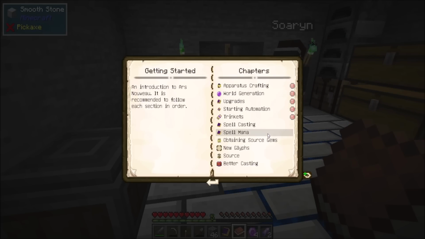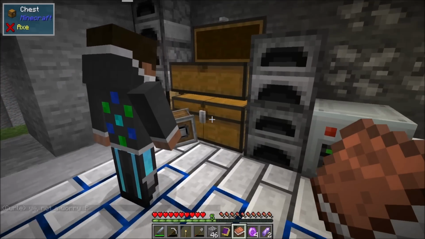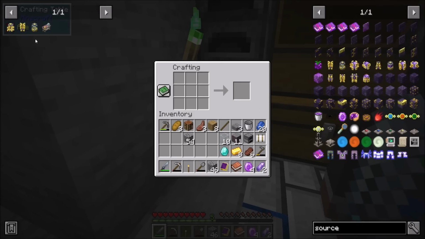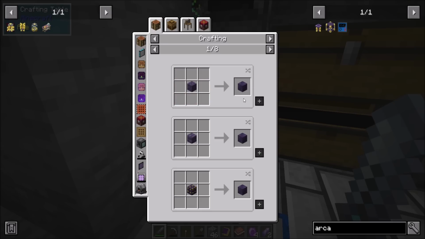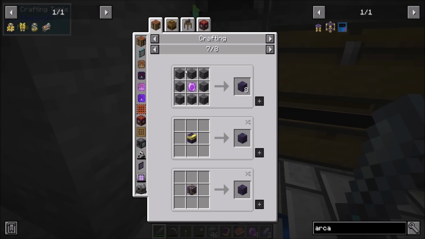Alright, that looks cool. So I think I want to get an enchanting apparatus and arcane core. I'm going to steal one of those diamonds that I was gifted. The arcane core needs source stone, which is made with...